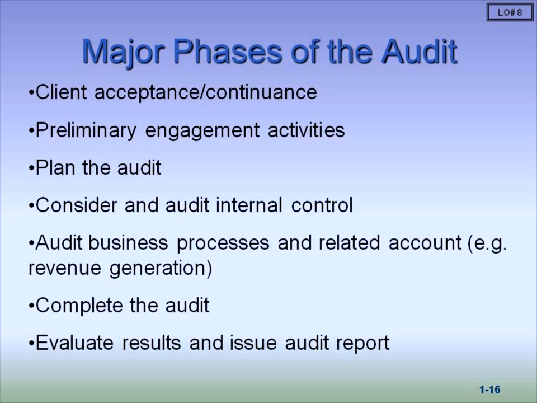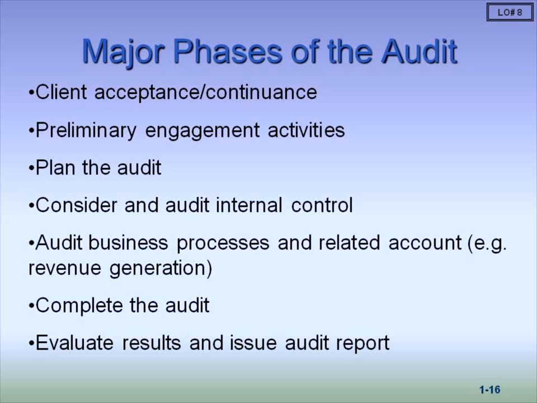Then we plan the audit. This is our plan. It goes into our work papers: how we're going to do this, what we're going to test, how much of it we're going to test, what our sample is going to look like, which balances we're going to test, etc. Remember, we were talking about the umbrella, like assets. What are we going to test under assets? What are we going to test under current assets? What are we going to test under long-term, like PP&E and that type of stuff?